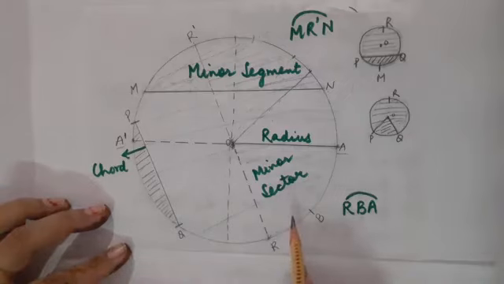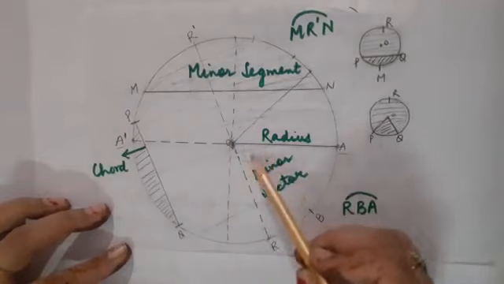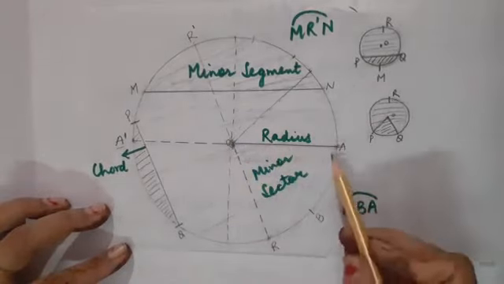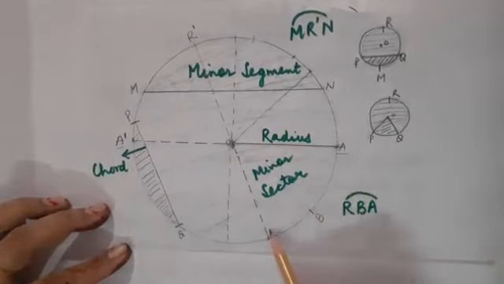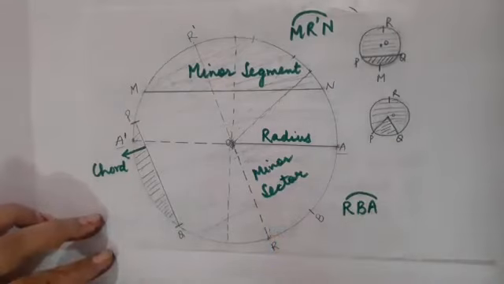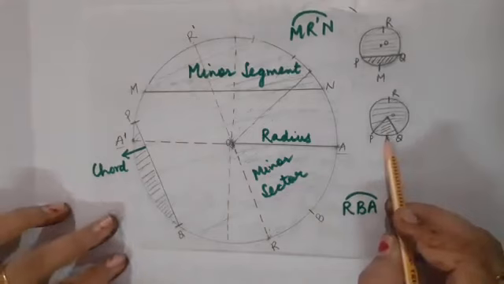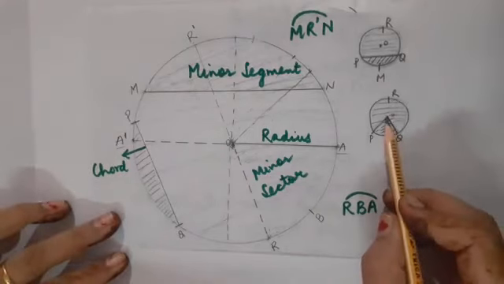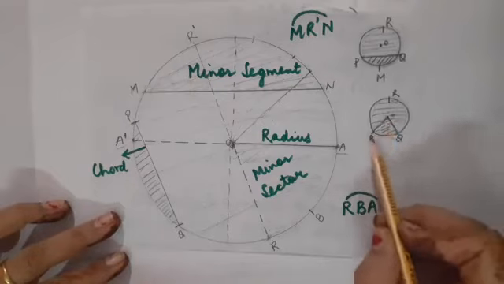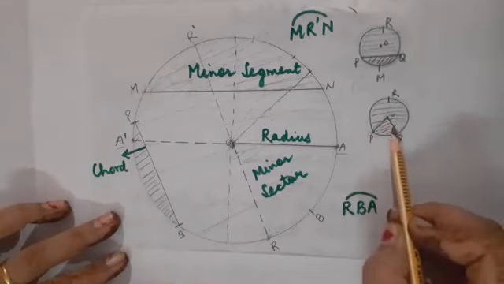First of all, you must be knowing what you mean by sector. Sector is the region which is enclosed by two radii and the corresponding arc. That depends whether the arc is minor or whether the arc is major. Correct? So let us understand this concept with this smaller circle. Here you can see that this is center point O. Here I have taken 2 points P and Q. I joined O to P and then O to Q. You can see that they both are radii.